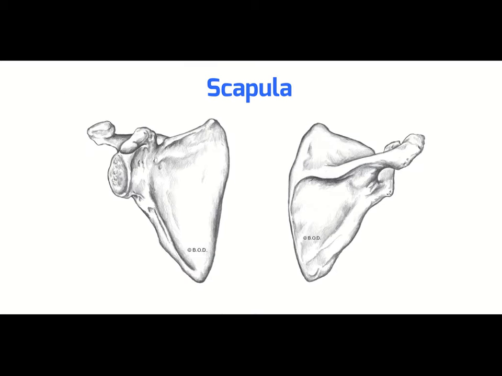action. When we consider the scapula, the first thing that we want to do is identify if we're looking at the anterior or the posterior aspect of the scapula. So if we think of the scapula as it would sit on the body, the anterior side would articulate with the ribs. So this flat, open surface is the anterior aspect, and the posterior aspect has the spine that runs down the middle. So once we identify the anterior and posterior side, we also want to identify the medial and